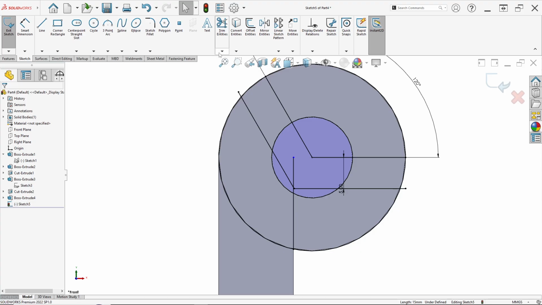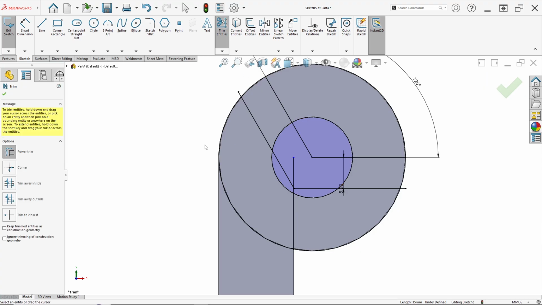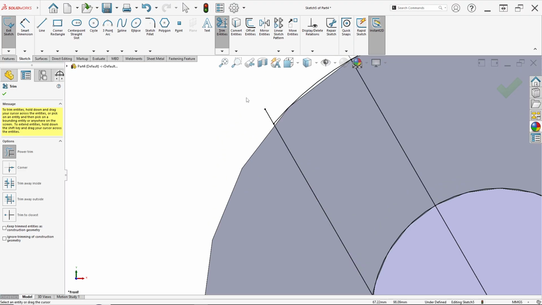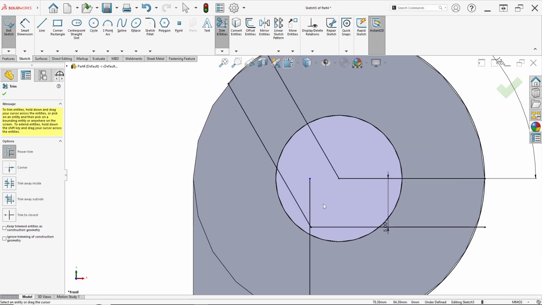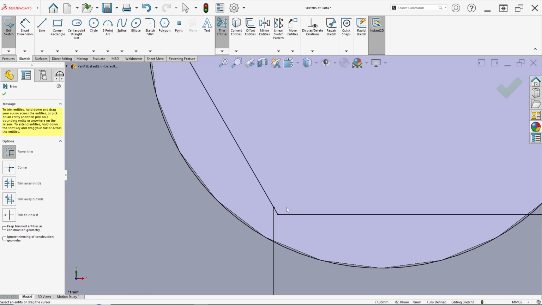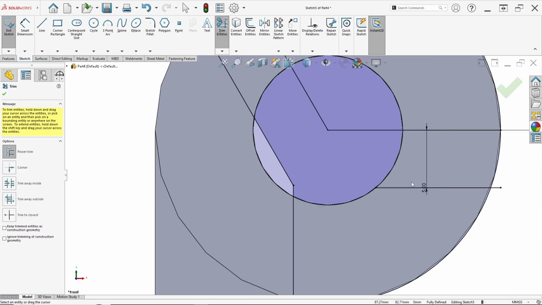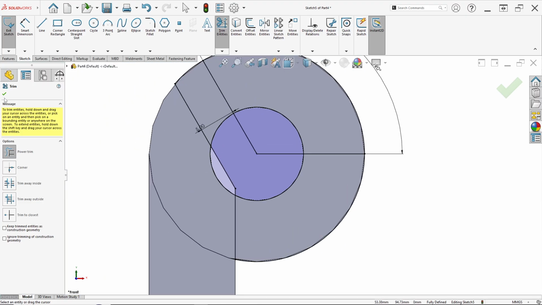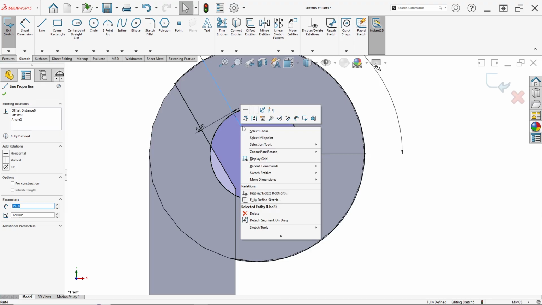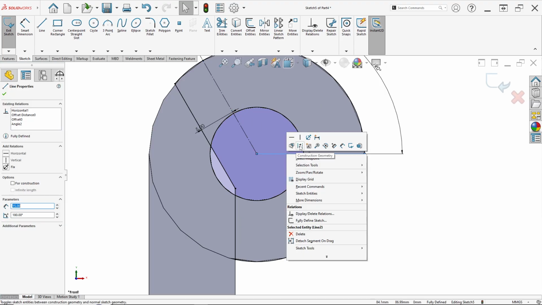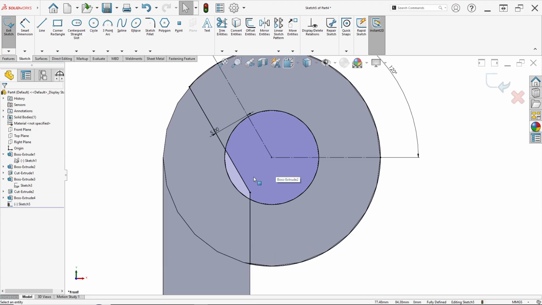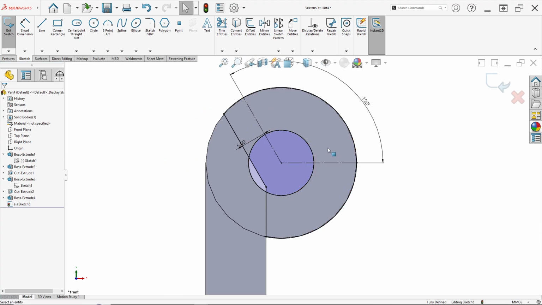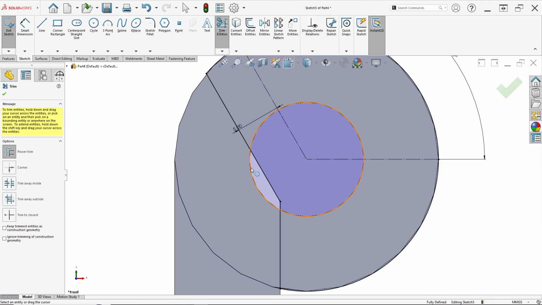Click OK and we can do Trim Entities for this line, okay, and this line. Offset this, erase this, and this, and this. Okay. Click OK, and right click on this line, click Construction Geometry, and this line click Construction Geometry because we just extrude in here. Okay. Don't forget, here we can Trim Entities. Just click OK.